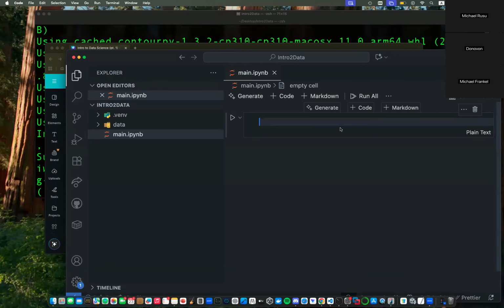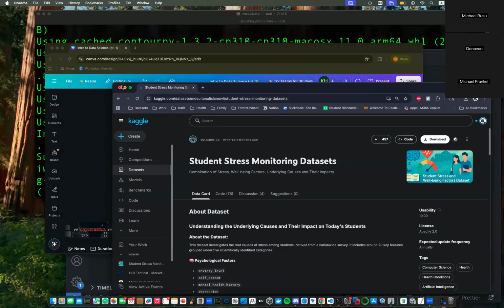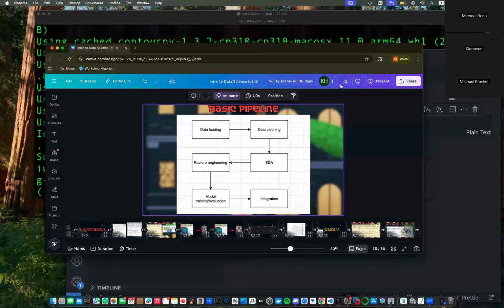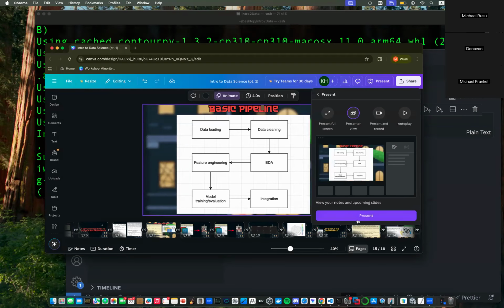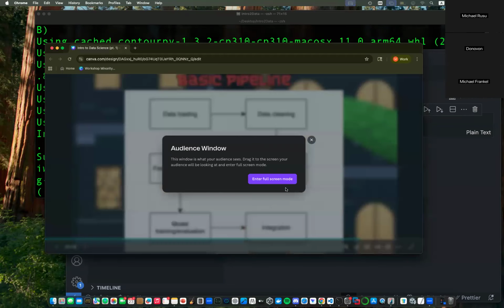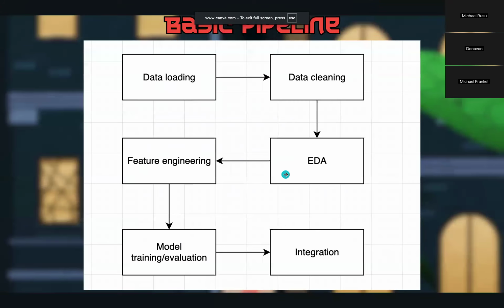I'll wait a bit. While everyone's getting ready, let me talk about the data science life cycle. This is primarily the life cycle that data will follow. You'll load your data, you'll clean the data, and you'll perform something called EDA.